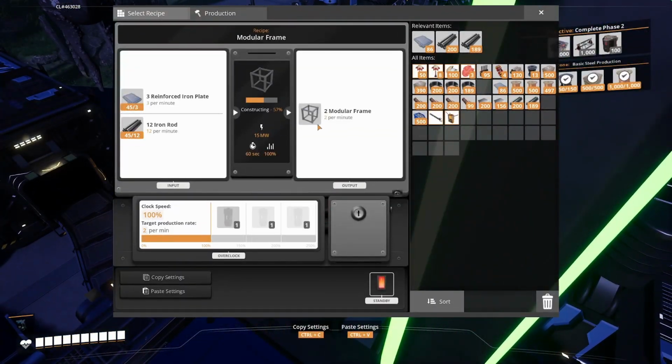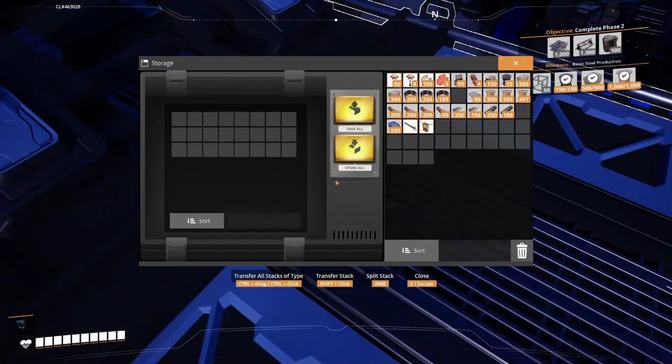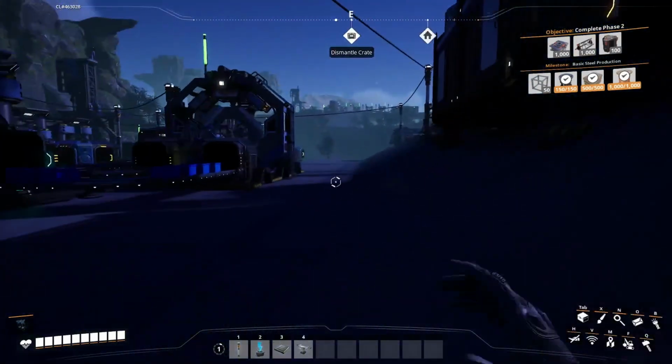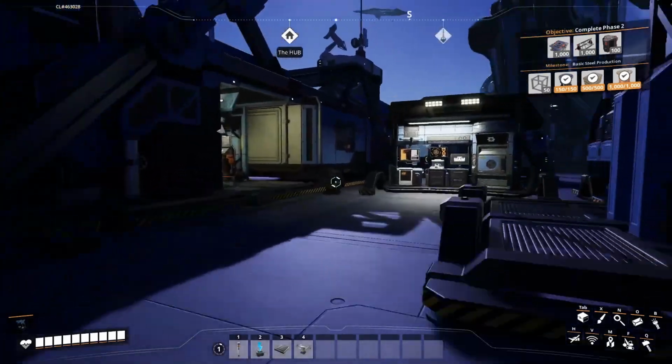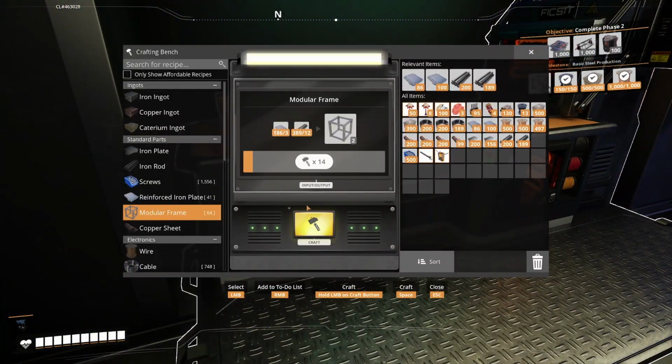I want to focus on steel right now. But yeah, these are taking a while. So I guess we'll also spend some time just handcrafting them. I think it might even be quicker that way. But yeah, I mean, it gives me an opportunity to just sit and talk for a while. Doesn't make for great gameplay, but at least